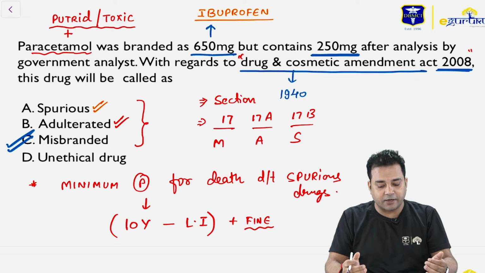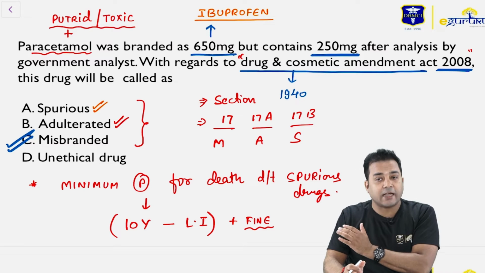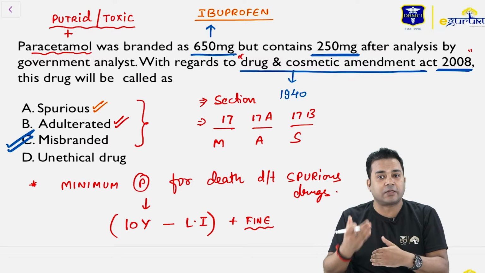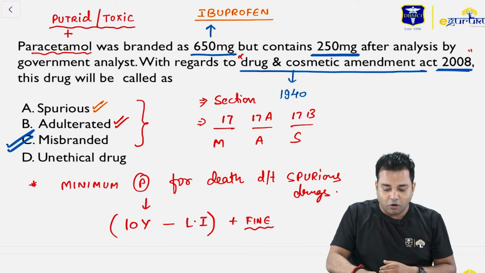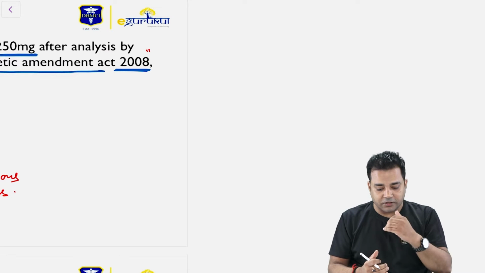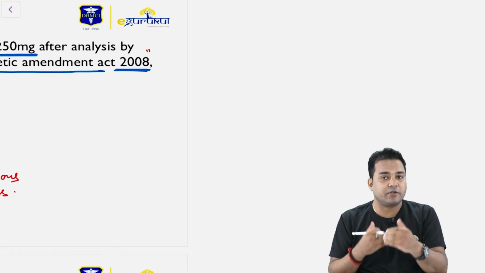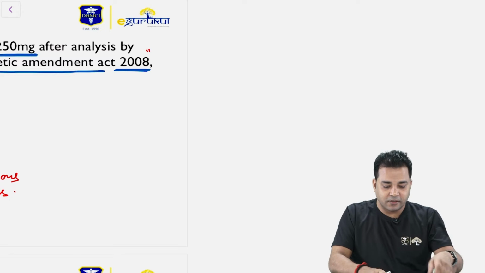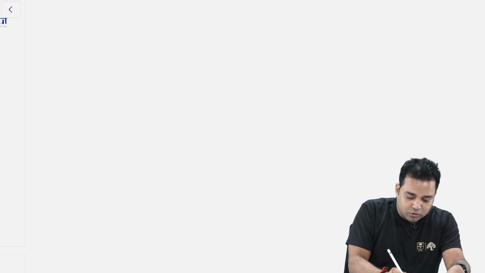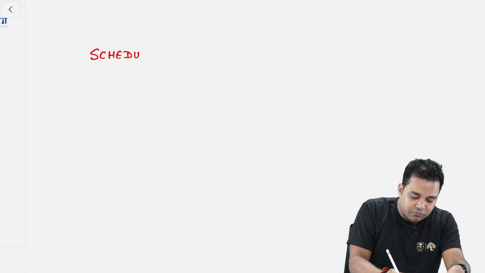We have this Drug and Cosmetic Act, and after this act was made in 1940, drug and cosmetic rules came into existence in 1945, according to which our drugs were divided into various schedules, out of which there is one very famous question, VIP question asked 100 times. The drugs have been divided into various schedules, which we have covered in our classes. The most important schedule to be remembered is Schedule H, which deals with which drugs? This deals with